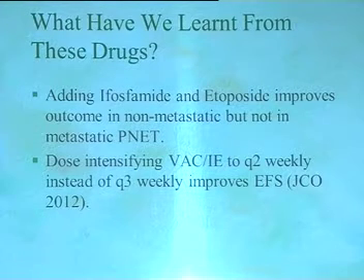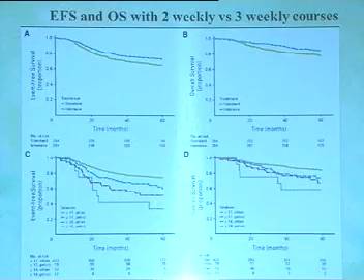Now the same question of dose intensification in Ewing sarcoma, 2 weekly versus 3 weekly, just the way that was tried in osteosarcoma, there is a benefit. By using 2 weekly chemotherapy, this is a recent paper in JCO, it shows that the 2 weekly regimen in Ewing sarcoma improves outcome in non-metastatic Ewing sarcoma.